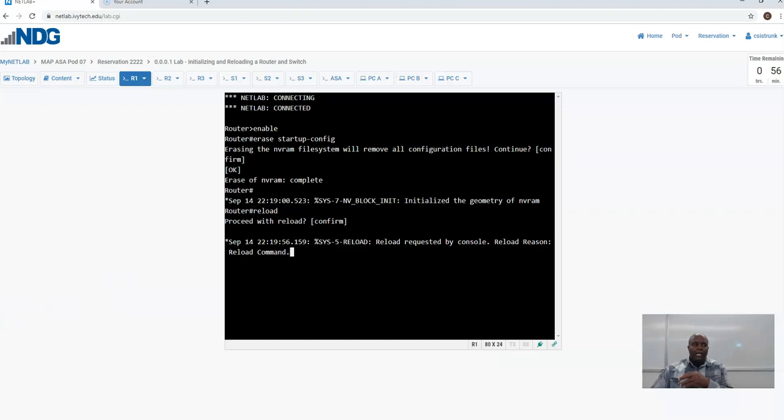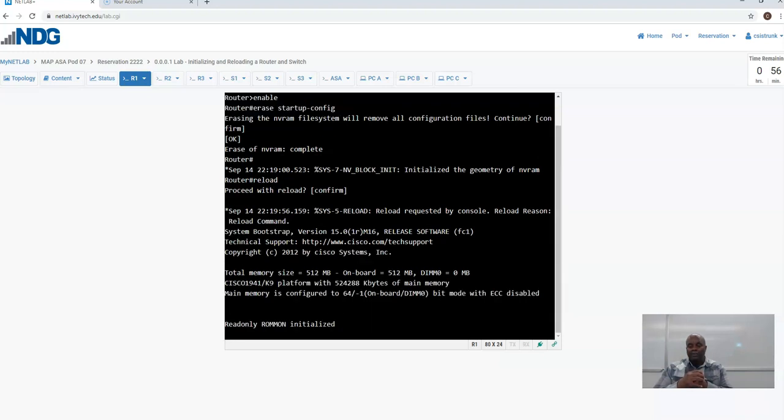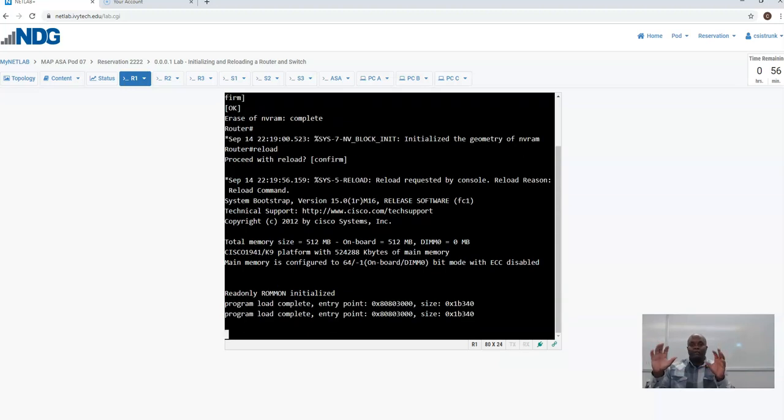You know, a lot of students really don't know the significance of why this stuff is important. And I want to home in on that while we got a few minutes with this particular router. It's important because if you put any device in service, and that device has an old configuration, it can cause havoc for your entire network. So you don't want to be that person who does that because you're lazy and don't want to clean off